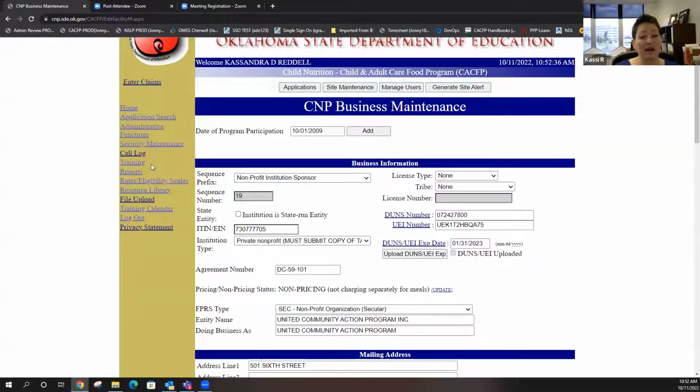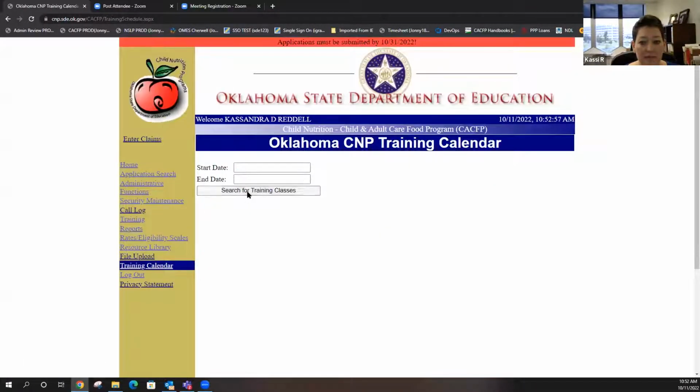It's extra. Just keep it with your records. For the purpose of renewing your application, as long as one person, that main person, has come to the main training, your application will be approved. But I would encourage you guys to take as much training as you can, because if you've done anything with this program for any amount of time, it's always changing, unfortunately. So go to your training calendar. If you haven't had the manual training, I highly recommend that you take it, that any new people take that.